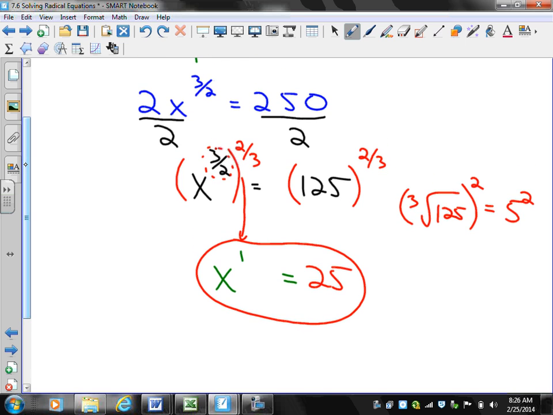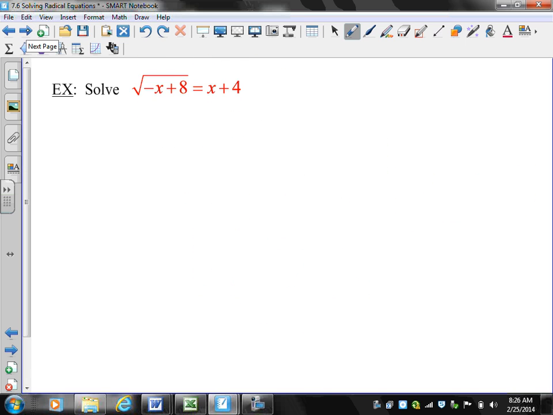Okay, let's look at another problem. This one's got a little more involved in it. So I have more than just one x, right? I have an x over here. I have an x over here. So I really need to